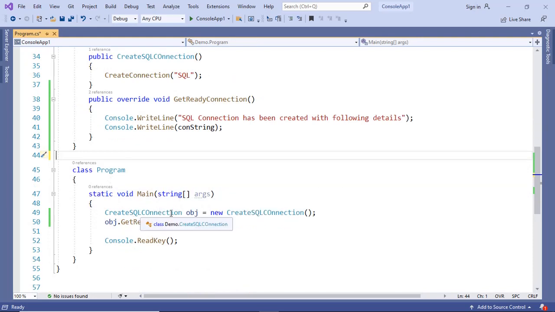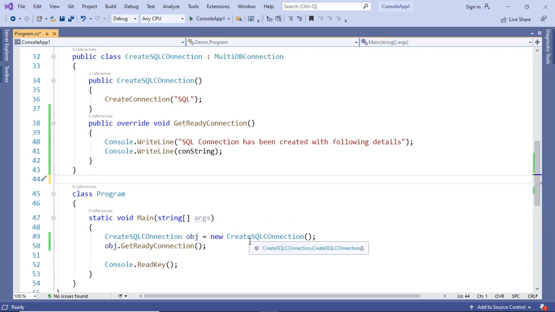In this main class, we are creating an object of this create SQL class, because we cannot create the instance of the abstract class, that is the rule. So first of all, we inherit the abstract class in a regular class, then we create the object of that class. This create SQL connection we created, and then through the object we are calling the get ready connection.